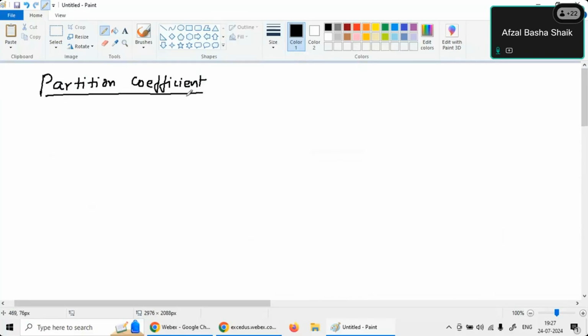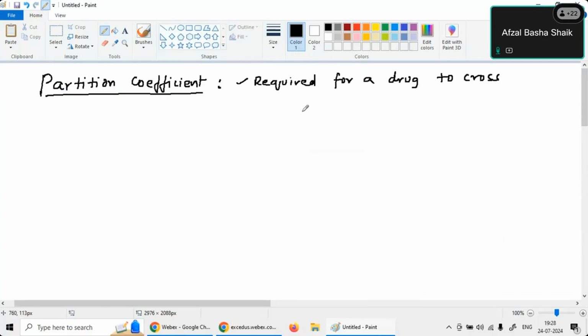So what is partition coefficient? Why is partition coefficient important? Partition coefficient is required for a drug